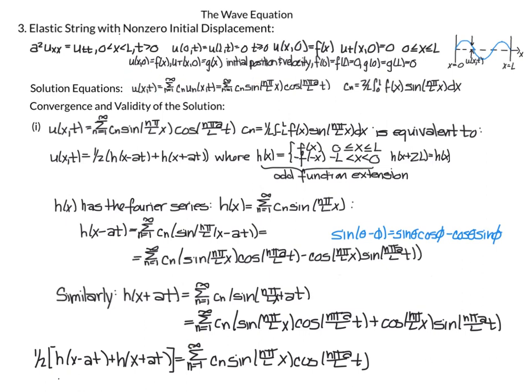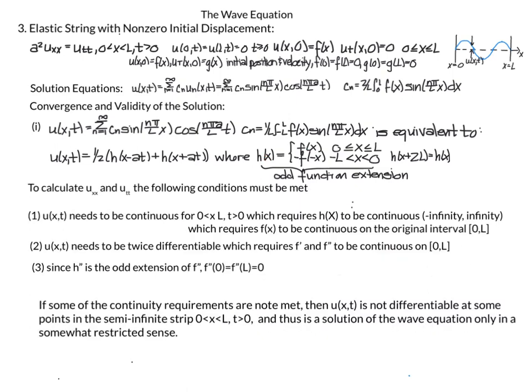So again, in other words, I can rewrite u of x,t in this form here, where h of x is an odd extension of f of x. And where does that leave me? Well, it's easier to look at this function here and talk about where this is continuous and where you can take derivatives. So to calculate the second partial derivative with respect to x and then x,